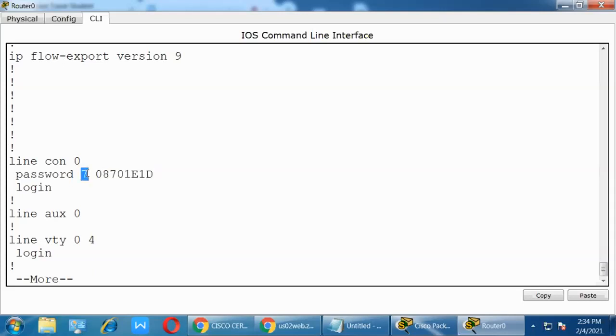This is the hashing algorithm, which is used to convert the password. So this is type 7. But for hashing format, the purpose is using the 5 algorithm, message digest algorithm.